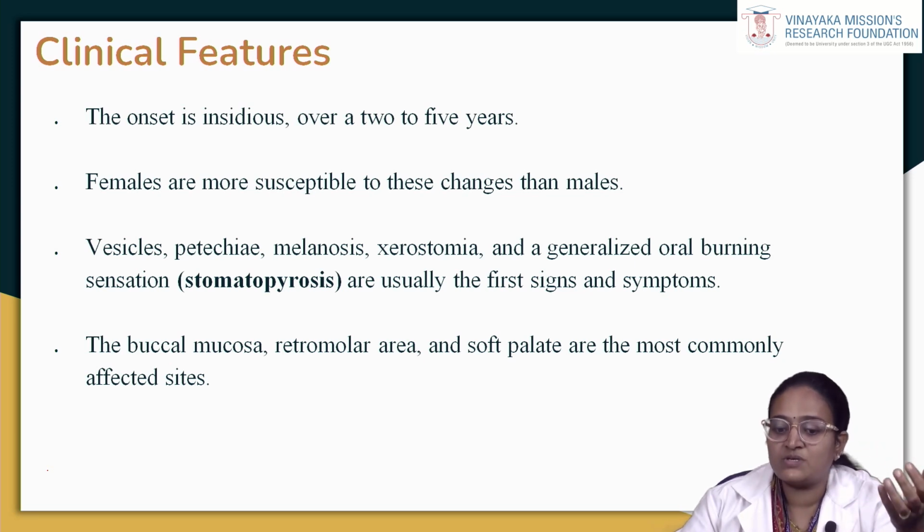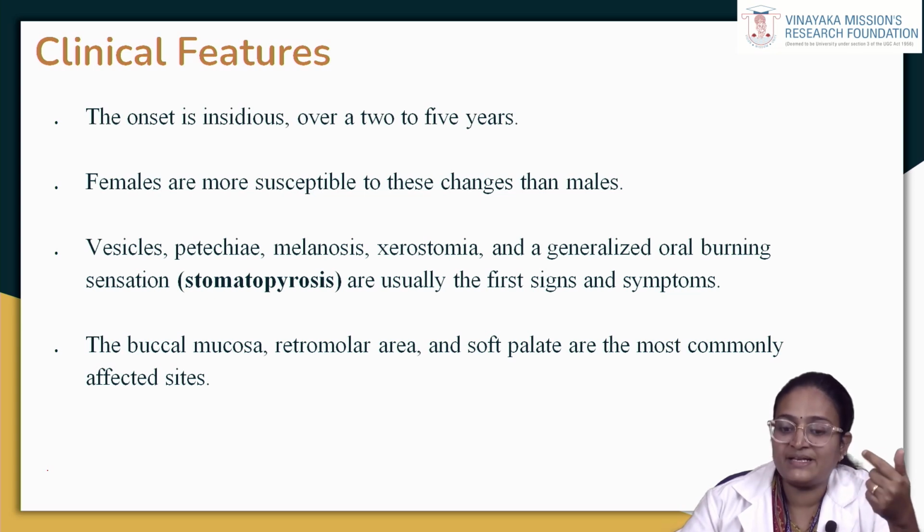The buccal mucosa is the most commonly affected site, especially when the chewing habit is prolonged. The retromolar regions, soft palate, and lips may also be involved. It depends upon where the areca nut chewers keep the pouch. So these areas may be involved when they habitually keep it in the retromolar area or the soft palate.